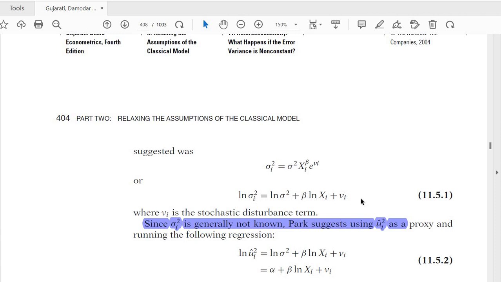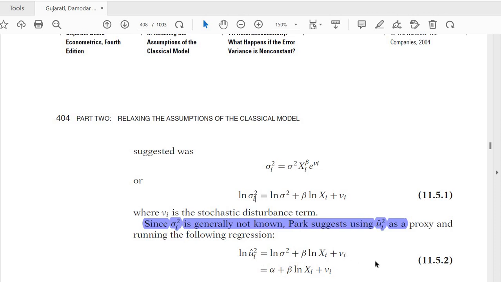हम ओएलएस से एस्टिमेट करेंगे। जब ओएलएस से एस्टिमेट करेंगे तो हमारे पास इसकी एस्टिमेटेड फॉर्म आ जाएगी। और आपको पता है कि ये सिग्मा और यू एक दूसरे की प्रॉक्सीज हैं। सिग्मा अननोन होता है तो हम यू से उसको मेजर करते हैं। तो सिग्मा इज रिप्लेस्ड विद यू और बाकी सारा मॉडल, हैट का मतलब है ये अब एस्टिमेटेड मॉडल है। ठीक है, यहाँ पे भी बीटा के साथ हैट लगना चाहिए था, पता नहीं क्यों नहीं लगाया हुआ, और वी के साथ भी वी हैट लगना चाहिए था अगर ये एस्टिमेटेड मॉडल है।